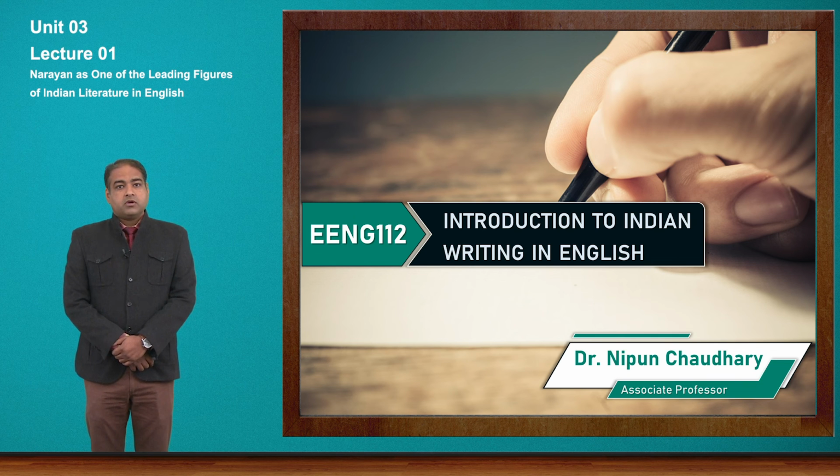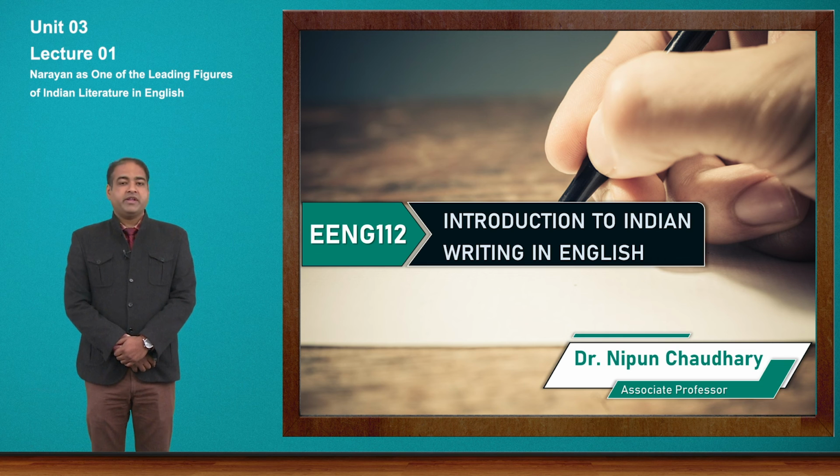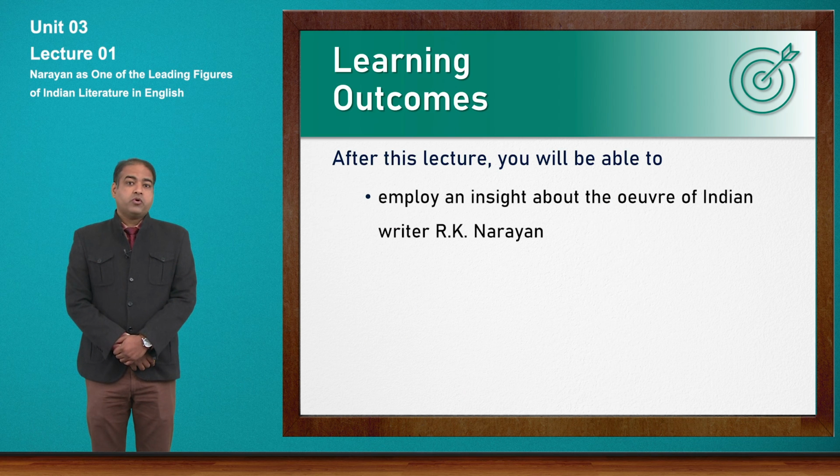After that, we have completed the first and second units, and now we are moving to Unit 3, which again has a very seminal text, again a very interesting text. The title of this text is Swami and Friends. The writer of this text is R.K. Narayan, one of the founding pillars of Indian writing in English. We will talk about the origin of Indian writing in English also in this class. But before that, let us talk about the outcomes you are going to learn from this lecture.